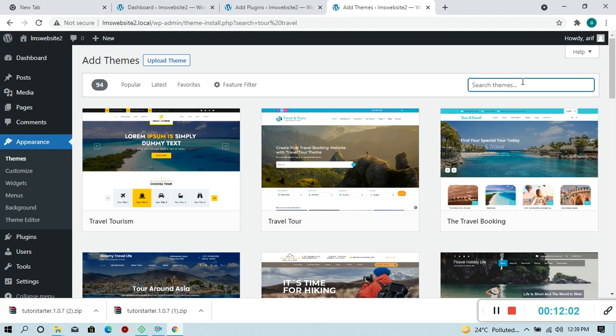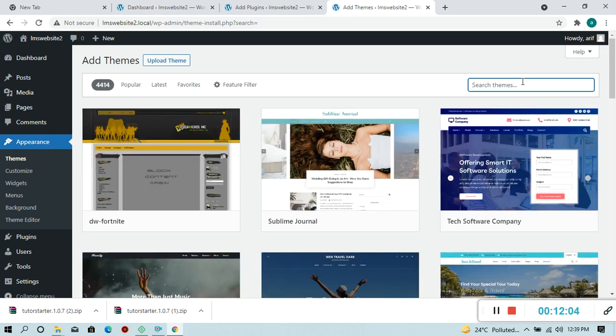So basically this is a very easy step. After the completion of the website course, I will teach you how to create a theme. So basically right now I'm just showing you there are a number of themes, but after some days, after a couple of weeks, you can develop your own theme.